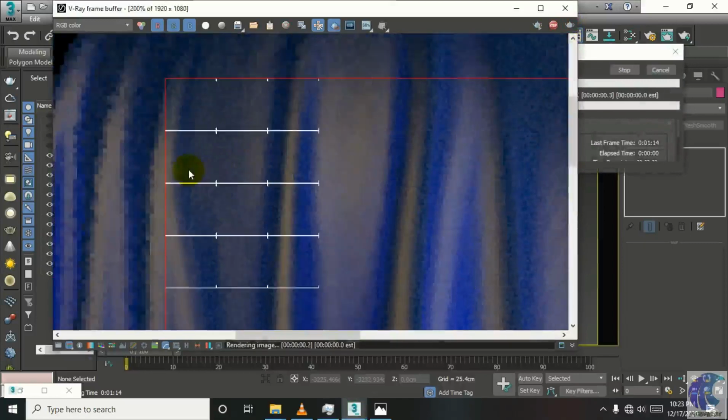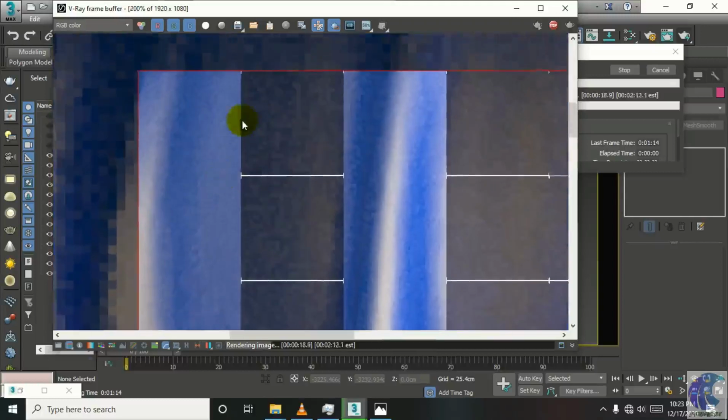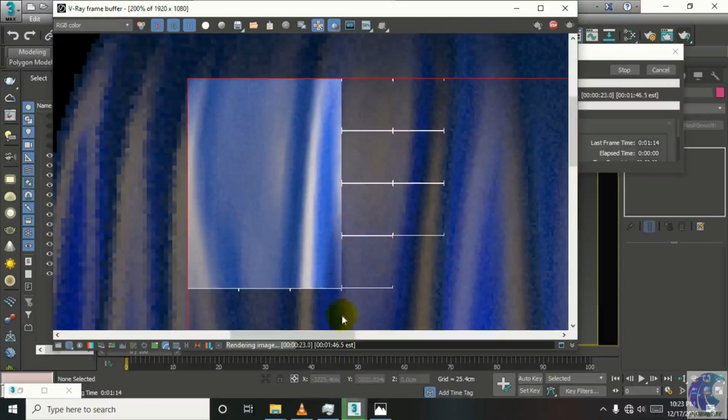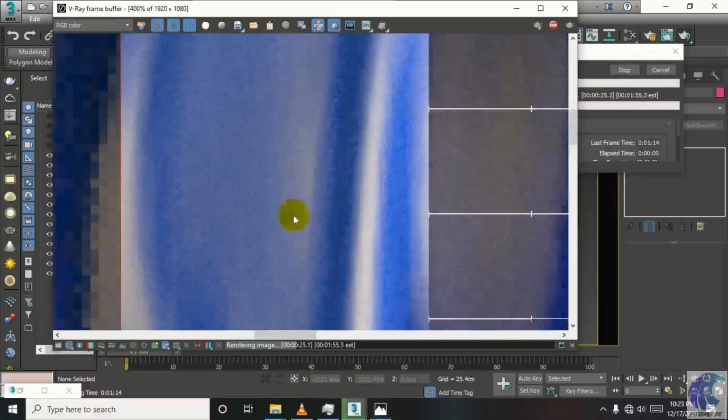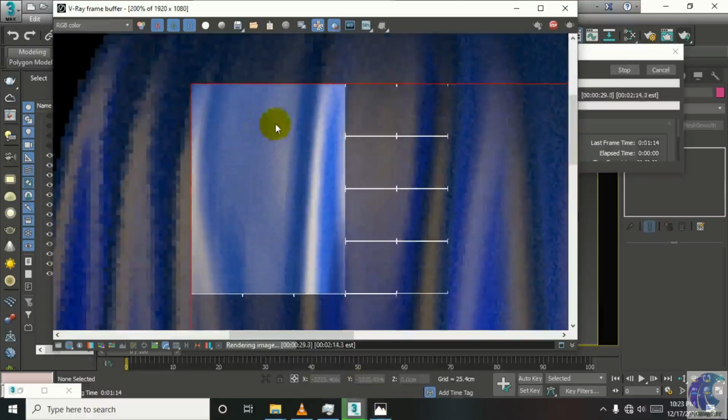Let me show you rendered from this area where we have some good surface to be rendered. Look at this, now you can see we are getting the result as we wanted. Let me show you, just zoom it.